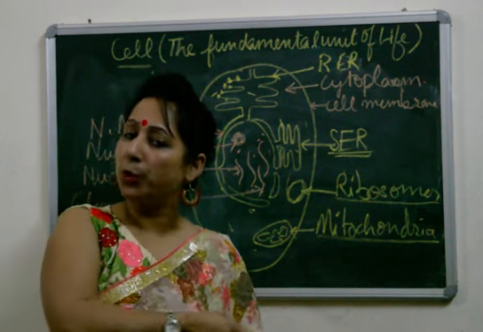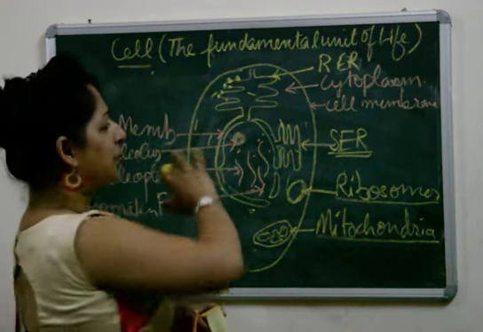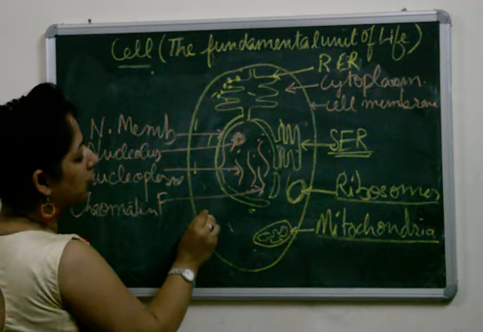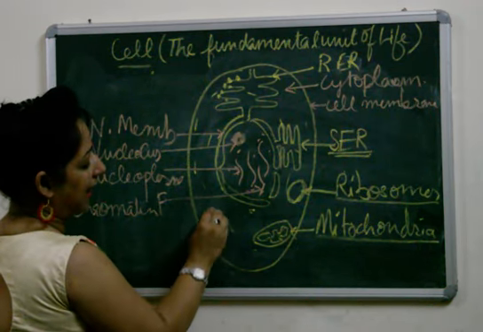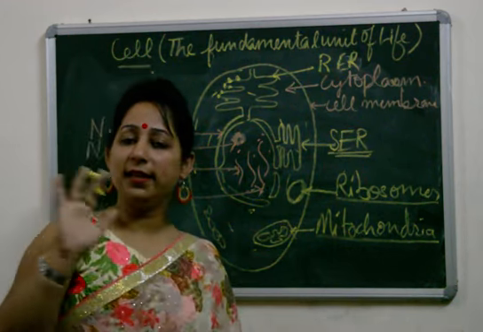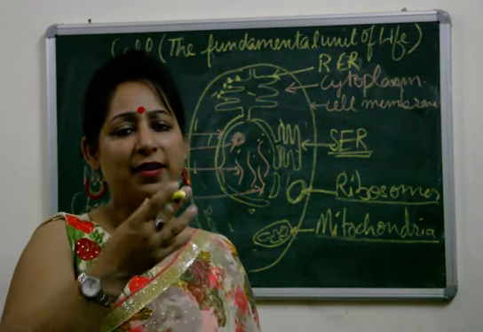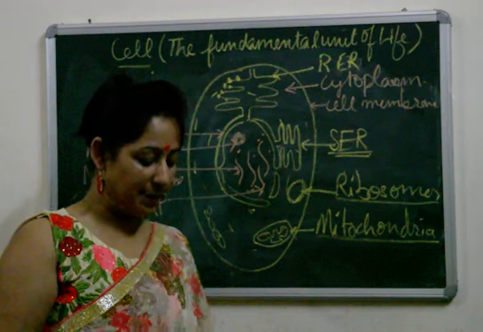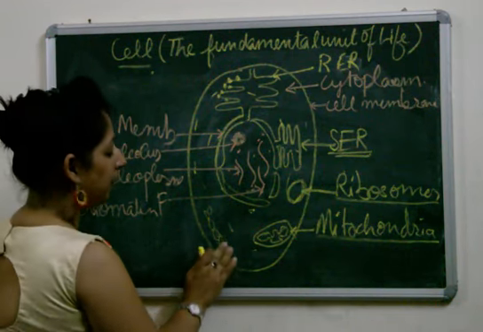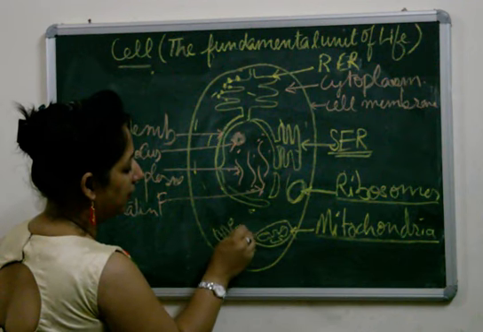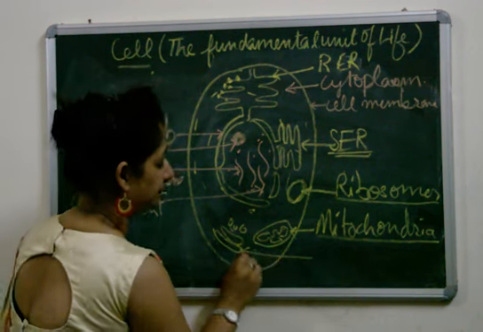They form proteins. Now ribosomes can be found scattered in the cell, or they can also be found like chains attached to each other. They are known as polysomes. When they are scattered in the cell, they are known as ribosomes, and when they are found in chains, they are known as polysomes. Function is the same. Next cell organelle would be a very important part again, the Golgi bodies.